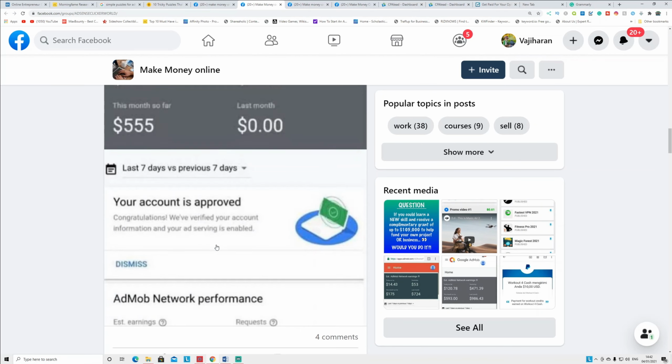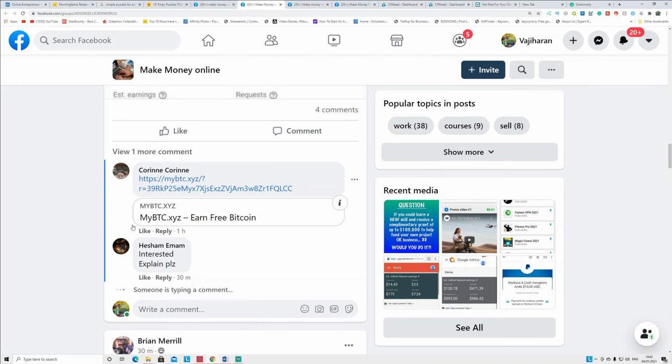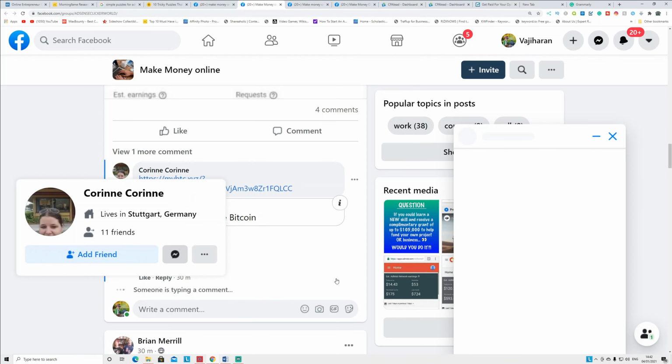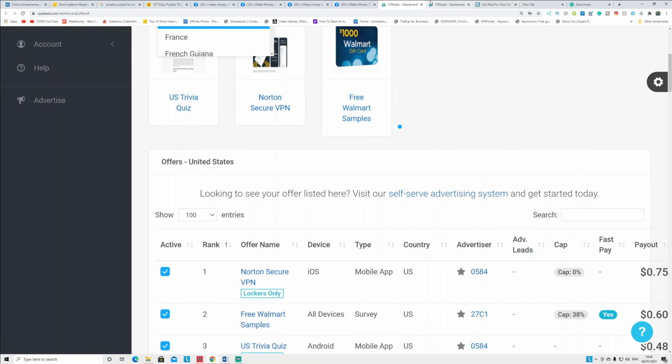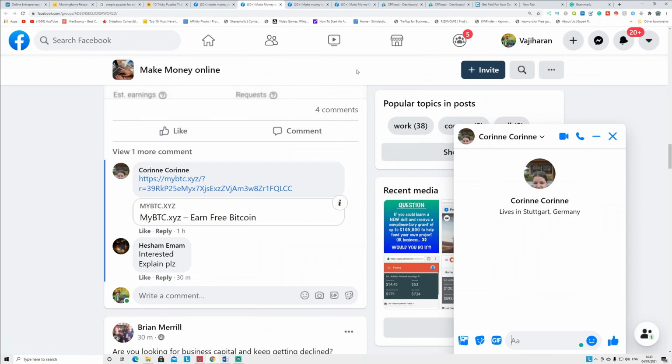You can see if you go to any of the posts, these are the people commenting on this post. So what you're going to do, you're going to hover over the icon and you're going to see this message bar, and you're going to message them back, hi, and you answered my puzzle. Okay, if you want to make $100 per day, you're going to click CPA lead, and you're going to copy this code,